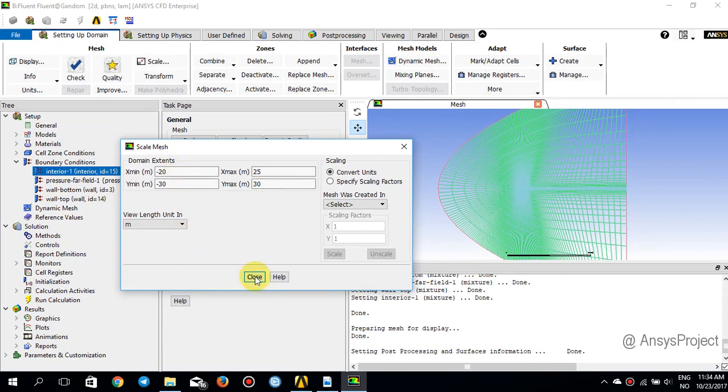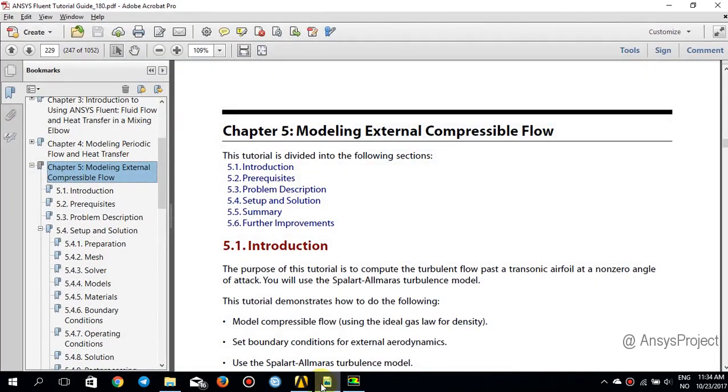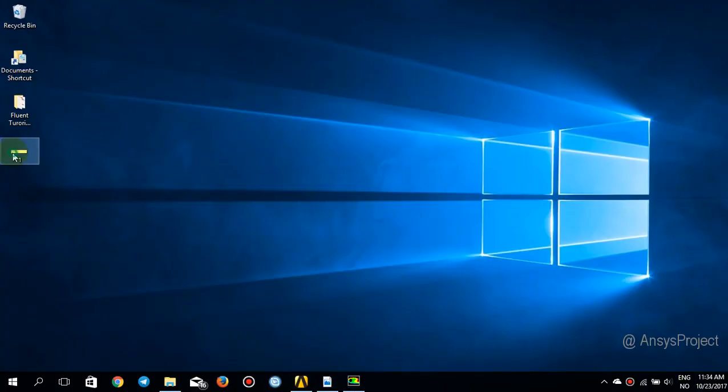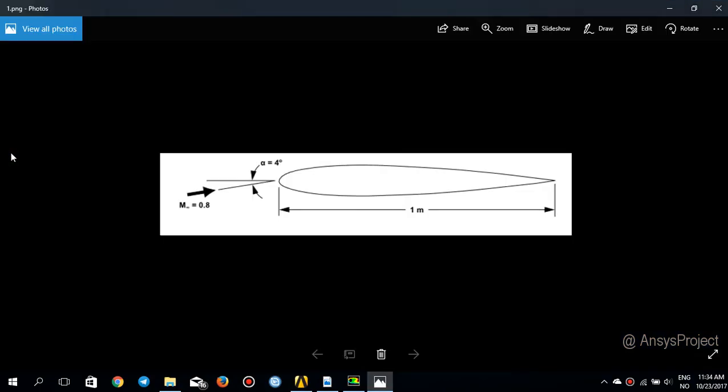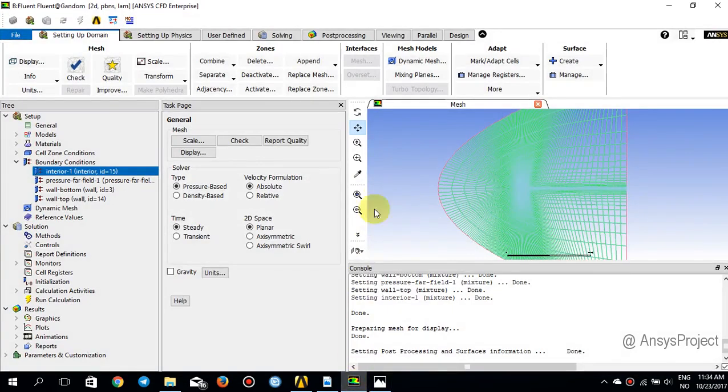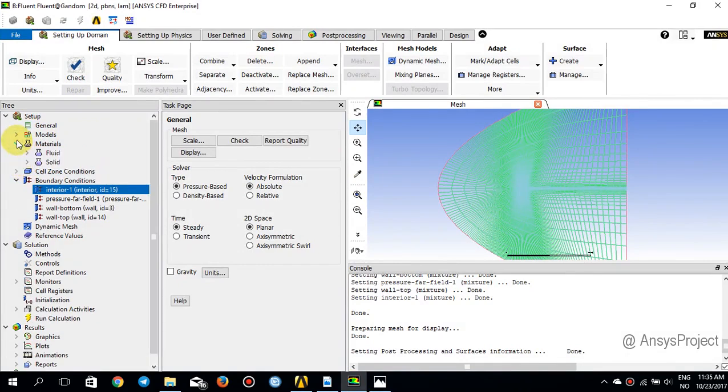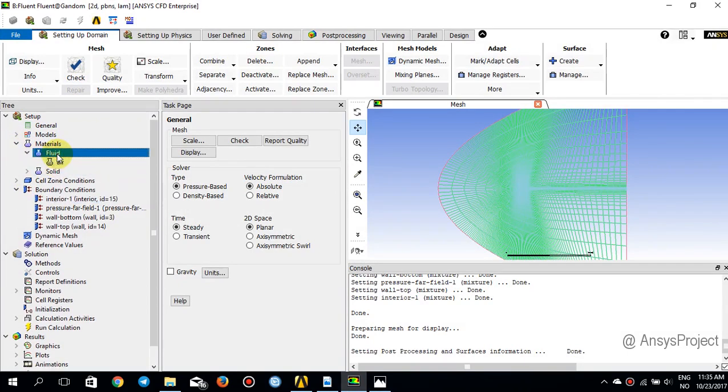in Y. And if you look at the problem description, here is my problem description, you see this is the airfoil with a chord of 1 meter. The angle of attack is 4 degrees and the Mach number is 0.8, which implies that the flow is transonic. So if I go back to my Fluent, you see that the mesh is quadrilateral. What I would like to start with is the fluid, and this